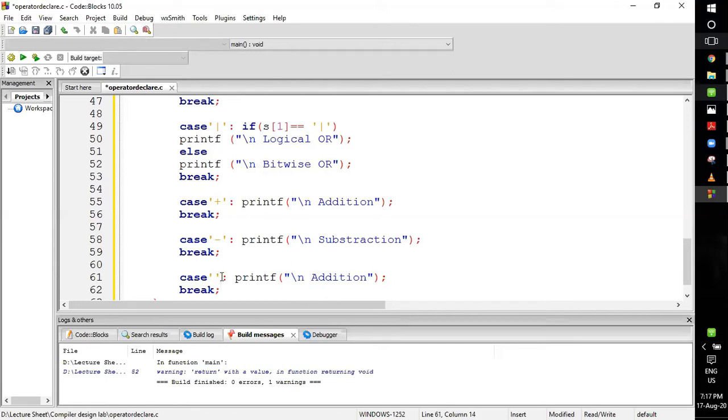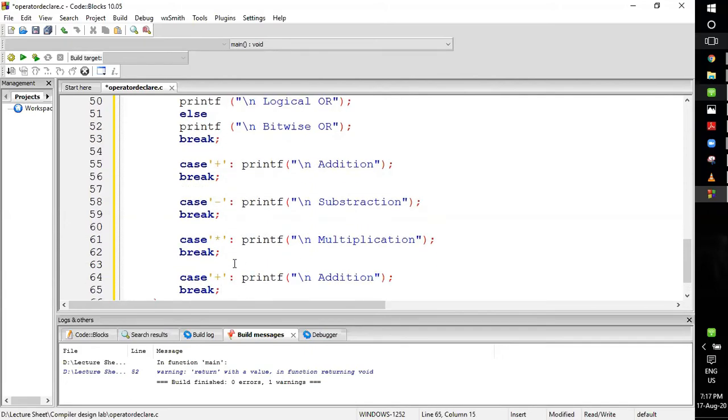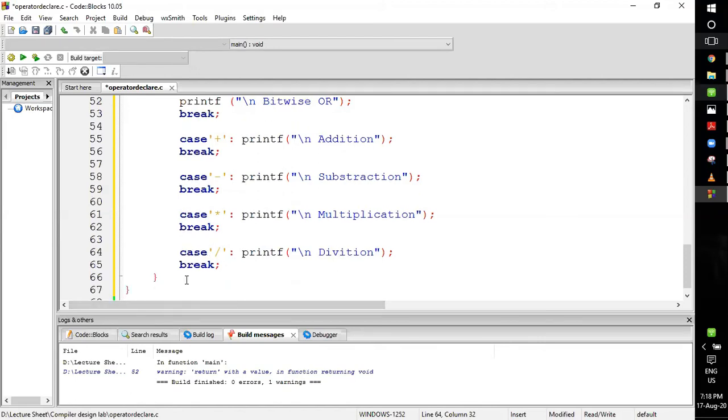For multiplication, I'll give the multiplication symbol, and here I'll write multiplication. In case of the division symbol, I've given here division.